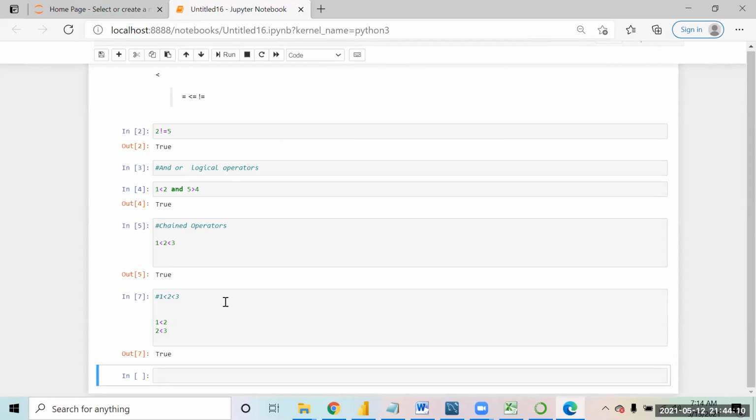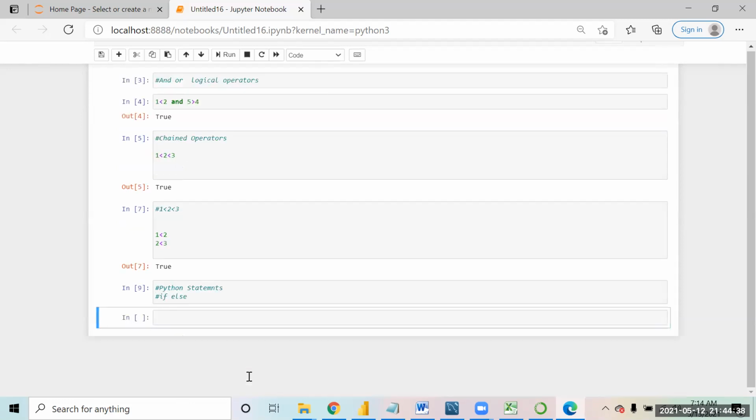Now we are going to start off with some very basic Python statements. We have seen some of the basic stuff, how we store data in the form of variables. The first statement we are going to start with is if else, which we use to check conditions.